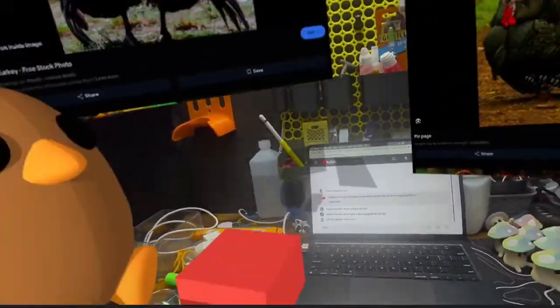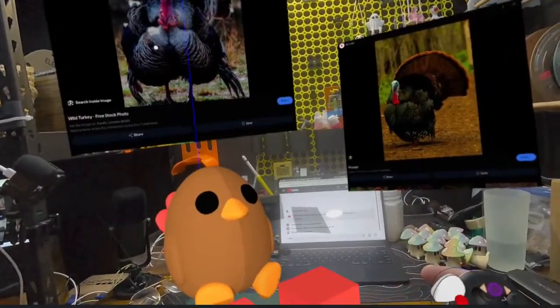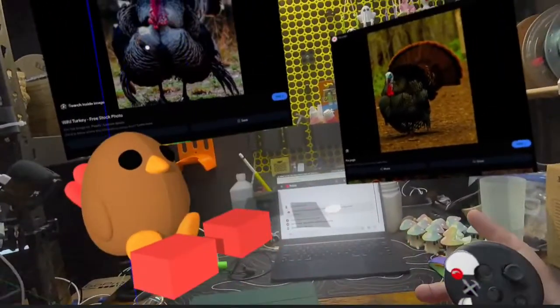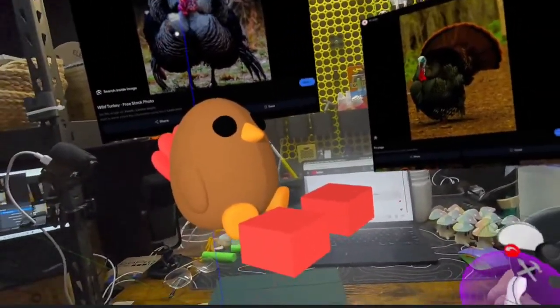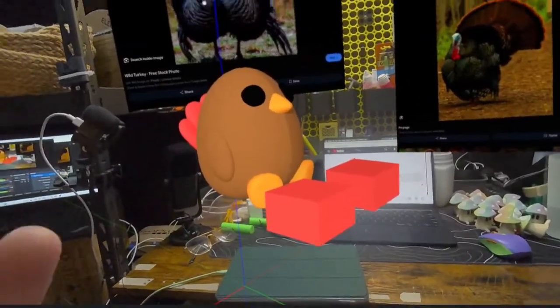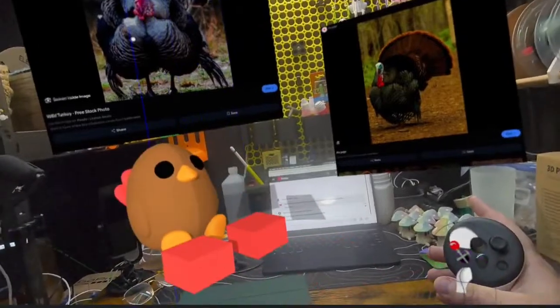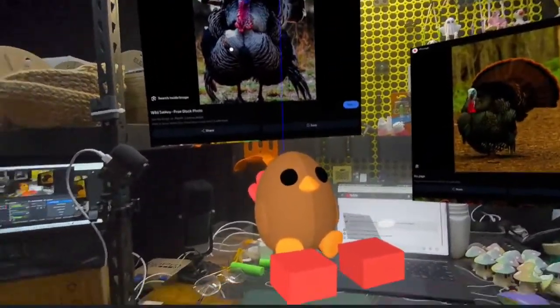What is this? This is Gravity Sketch. If you're asking what the program is, it's Gravity Sketch on the Oculus Quest. I know for sure it works on the Quest 2 and the Quest 3. This is what I'm on, Quest 3. I like doing it on the Quest 3 because I can do full color pass through, but if you wanted to just do it on the Quest 2, it would look like this.